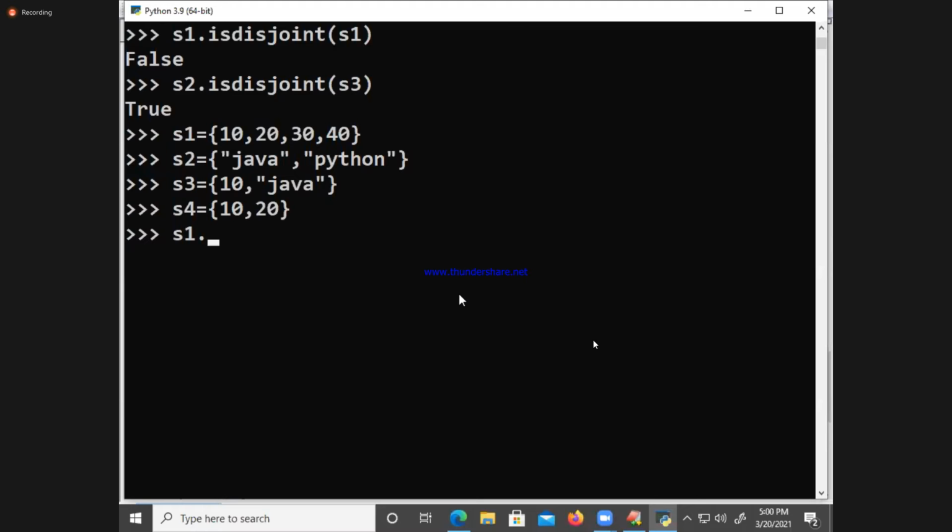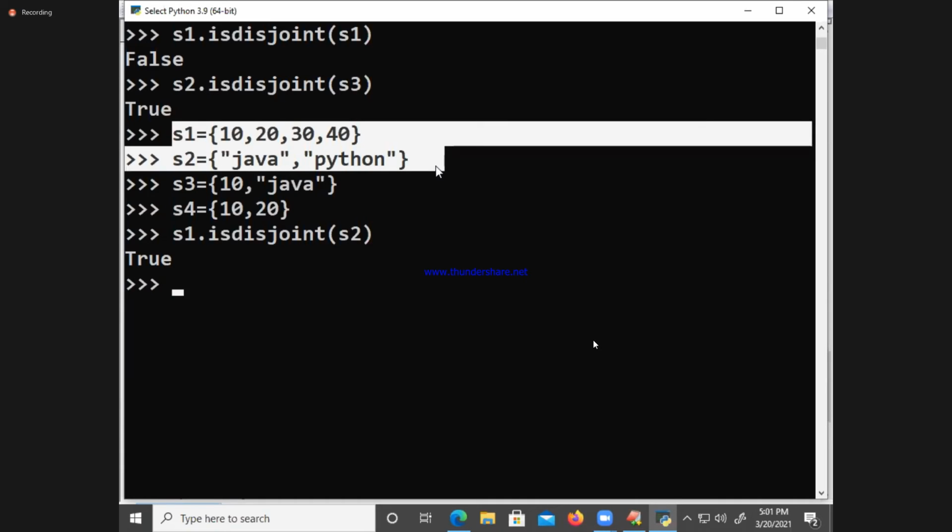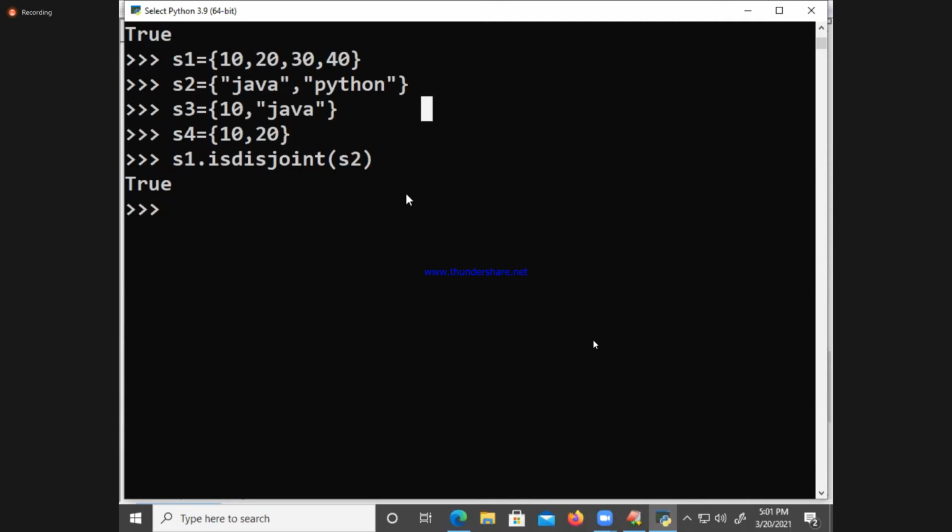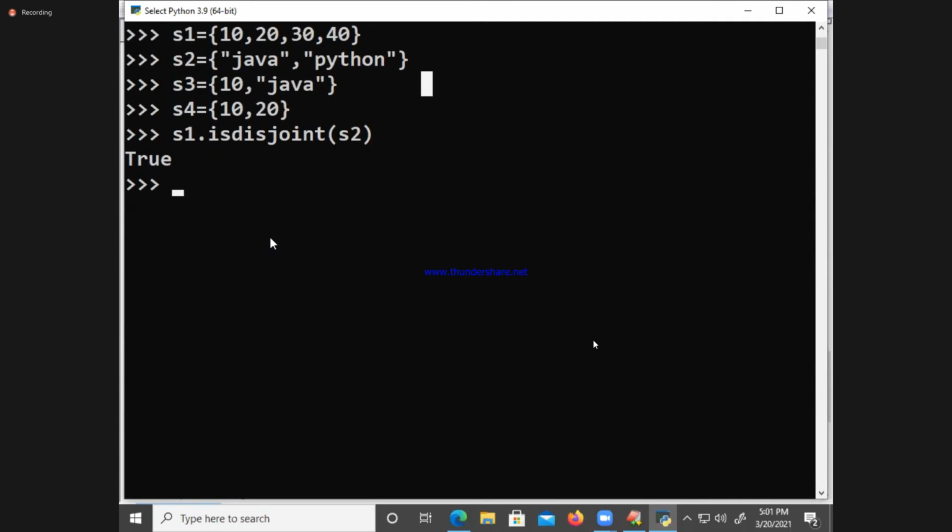No confusions, S1 dot isdisjoint of S2. What is that? True. Why? No common elements. Completely different. This is the final solution for you. Now S1 dot isdisjoint of S3. What is that? False. Why?